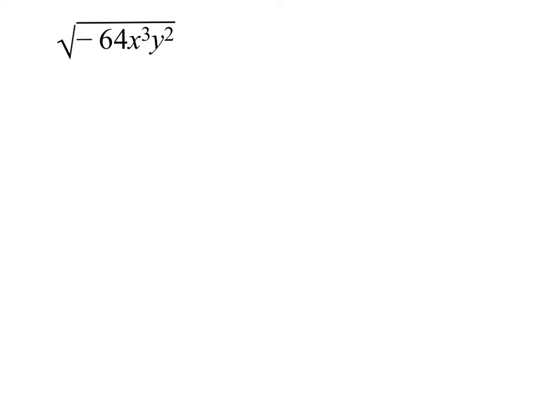Okay, so let's look at one more. So we have this radical negative 64x cubed y squared. So I know the negative is going to become i, so I'll just take that out, and then this just becomes positive. So I just really want to see what's going to come outside of my radical and what's going to stay